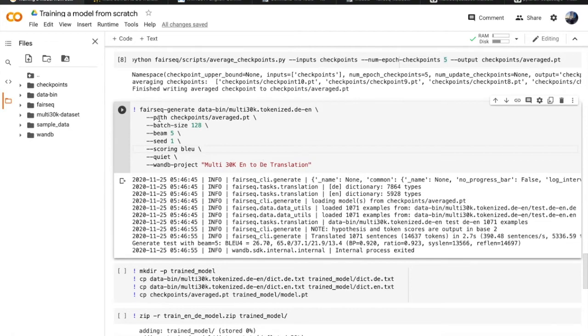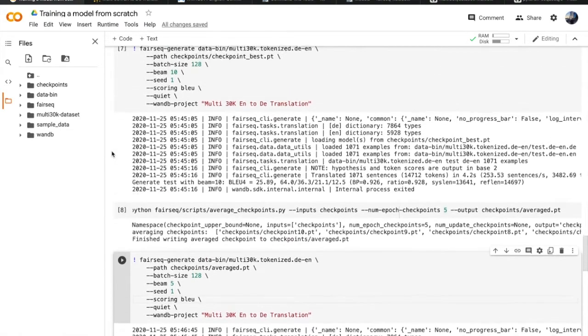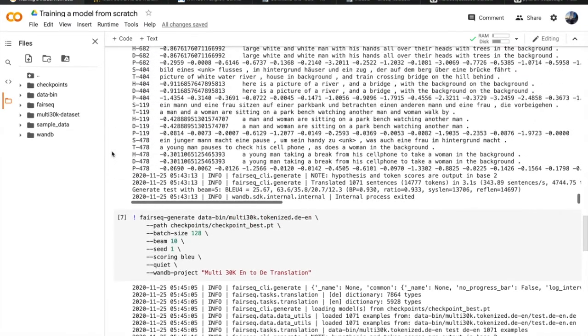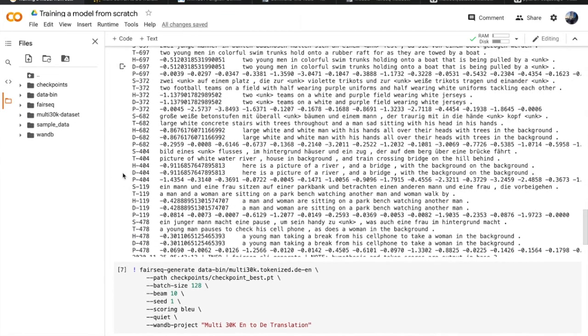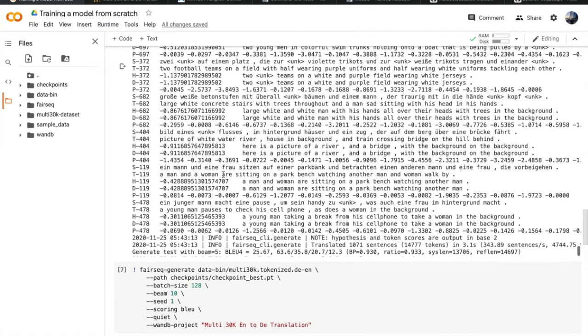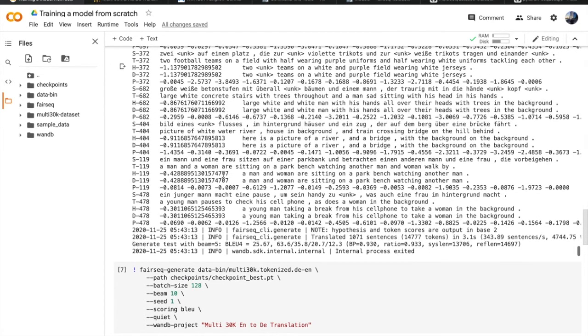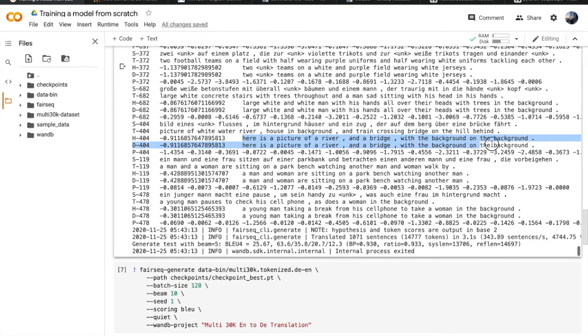Now let's go into the model's translations and see how well they translate. I do not know German, so what I would be comparing our model's translation to is the ideal translation that it should have done.